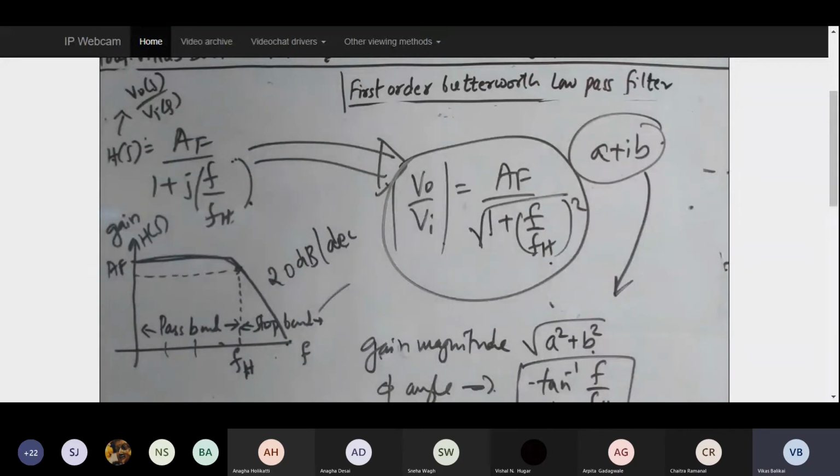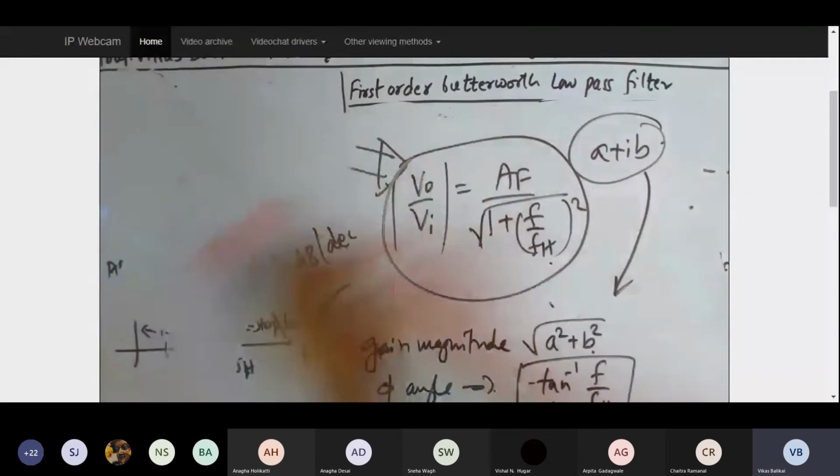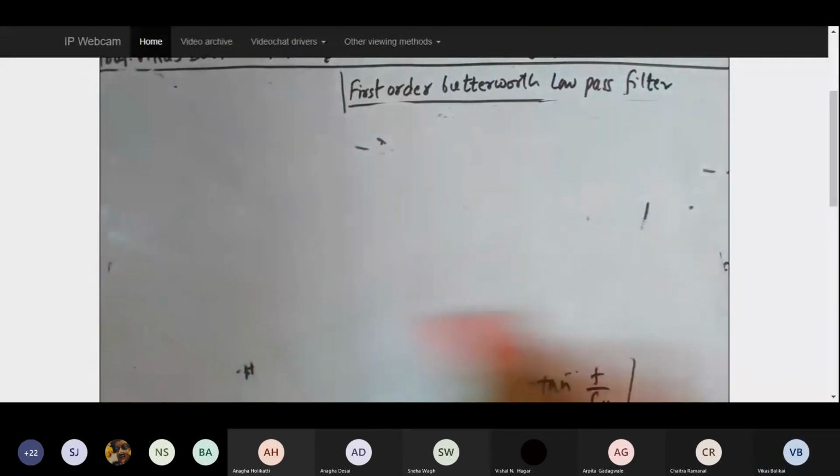derivation. So once we are done with this, now let's move on to solve one simple numerical, and we'll try to understand how exactly we are going to select the components to design the filter. Now, how do I design the filter? Now I know if I have R, C, all those things, I can understand how the filter behaves.